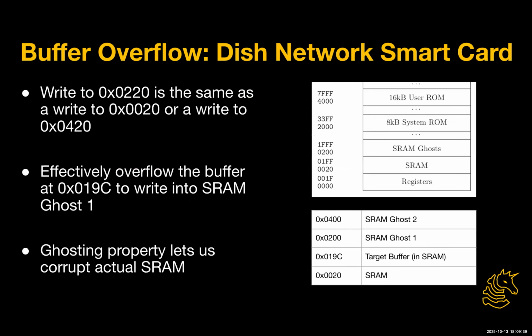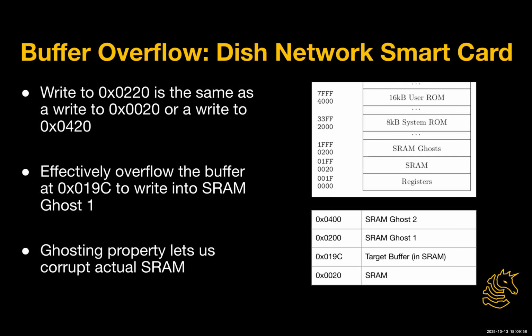So basically what this means is that a write to address 0220 is the same as a write to address 0020 and 0420. So a write to any of these ghosts also gets copied over to SRAM,